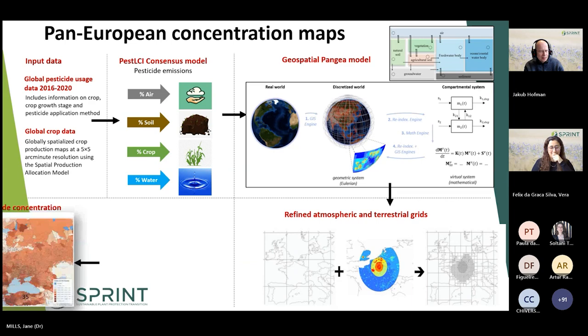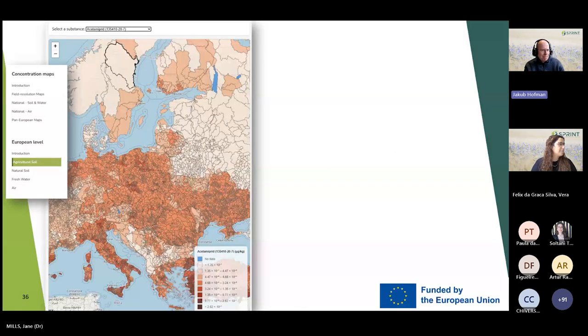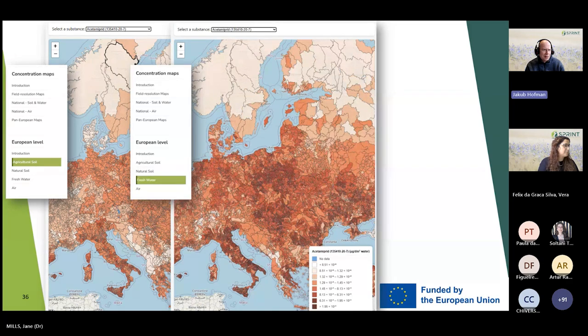Next. So then the results are these pan-European maps showing the estimated pesticide concentrations. Next. In soils. So for example, here you see the example of acetamiprid in agriculture soils in Europe, and the polygons are the river basins. Next. Then the concentrations in freshwater of the same substance, and then next